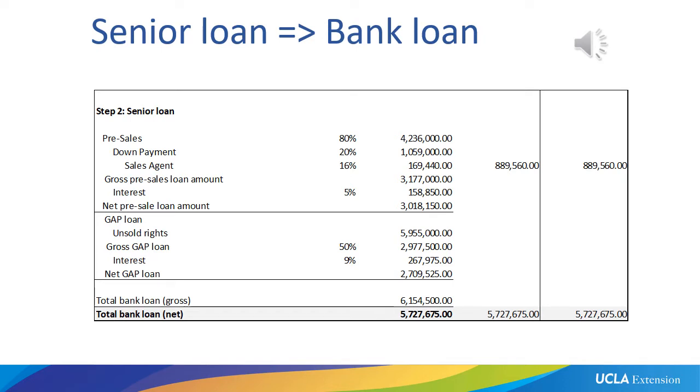Now, we did receive 20% of our pre-sales of $5,295,000 as a down payment from the distributor when they signed the pre-sale agreements. So we have that money. It's held with the sales agent until the time the bond company closes the insurance on our movie and the funds can be released to our production. At that time, the sales agent will give us the down payment.